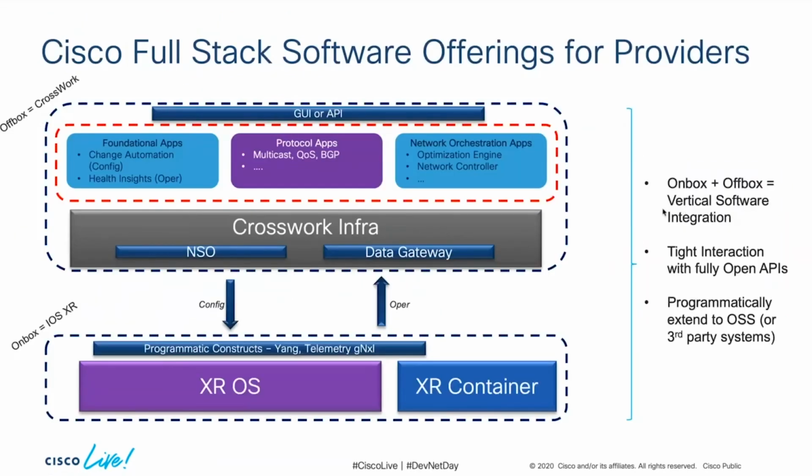Now, let's talk about how exactly we are going to deliver this. Now, this particular picture is a little bit of an eye chart, and it has two major things. That is the on-box software that you can see, that's XR, that's the XR OS, that's your XR container, and the YANG and the telemetry models through either config going down or Oper going up into the NSO data gateway, which is part of the infra, and really feeds a whole rich foundation of apps. Now, the purple boxes, the protocol apps, is what I'm talking about specifically, all right? So the foundational apps allow you to build any kind of automation today. They are available today, the ones that we are working on right now, and that's something which